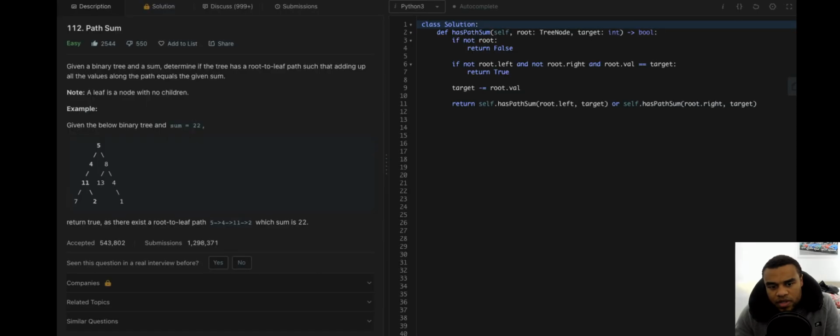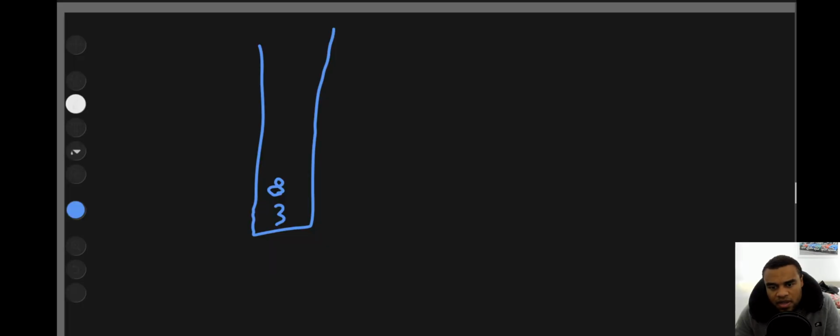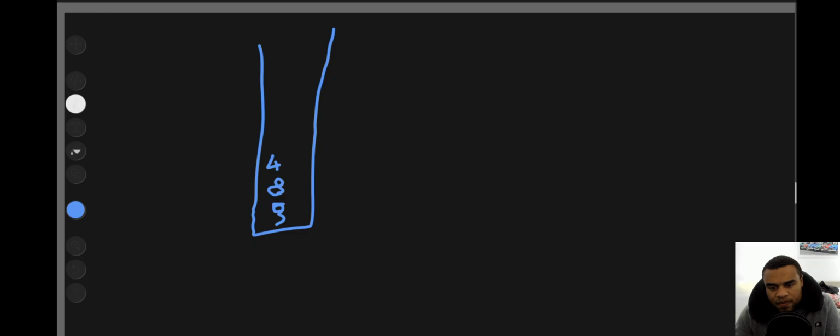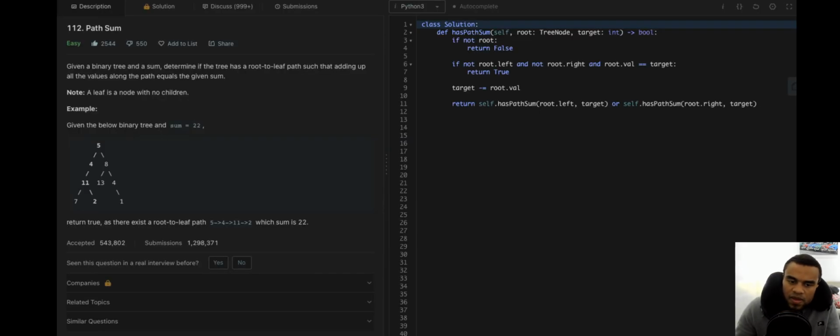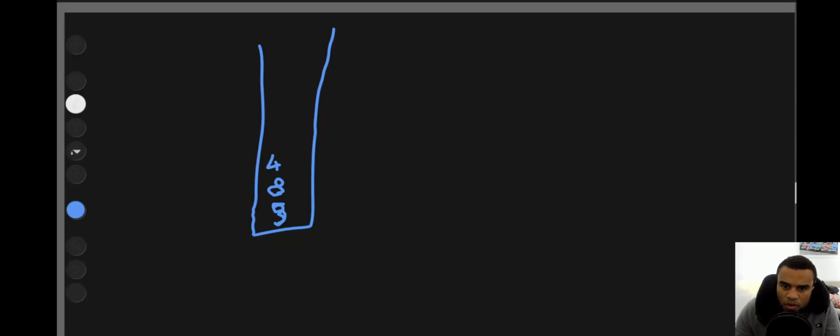Well, no, actually, because we're saying if right, append right. While stack, remember. And then if left, append left. So 4. Oh wait, this value is 5. But now we're asking ourselves what happens when we pop out 4.